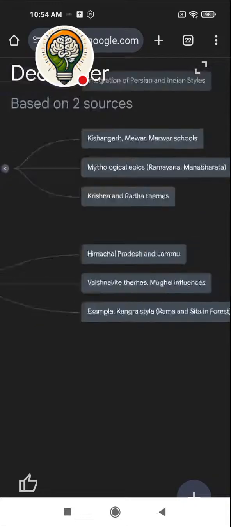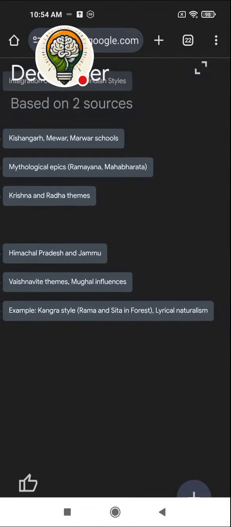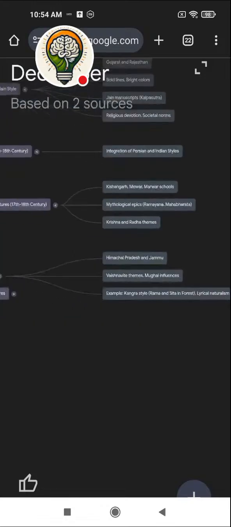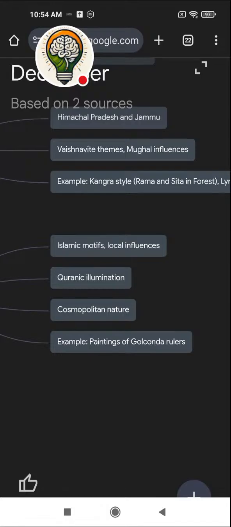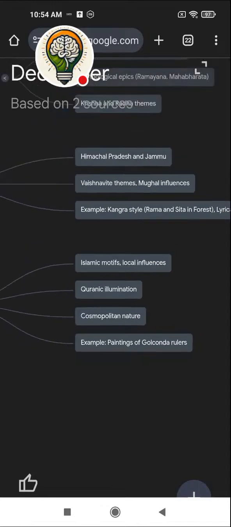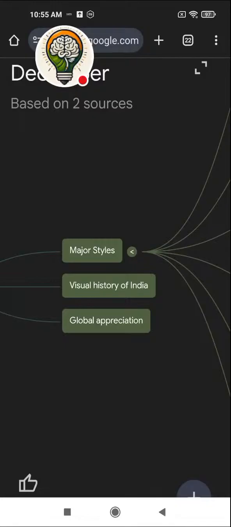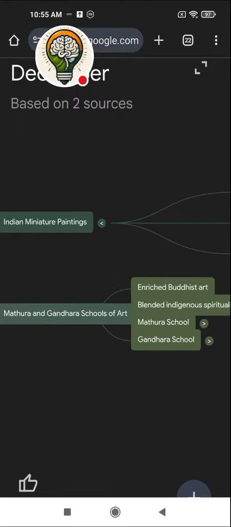Then Pahadi, so the Himachal Pradesh and Jammu, Vaishnavite themes, Mughal influence, Kangra style, Ram and Sita in forest and lyrical naturalism. Then the Deccani miniatures, so the Islamic motif, local influence, Quranic illumination and cosmopolitan nature and painting under Golconda rulers. Then the visual history of India and global appreciation by the global community, and Mathura and Gandhara School of Art,